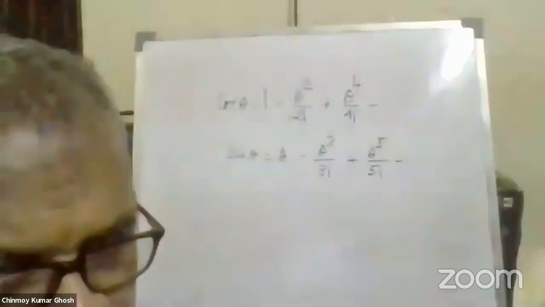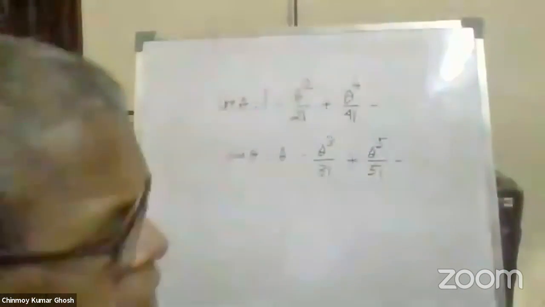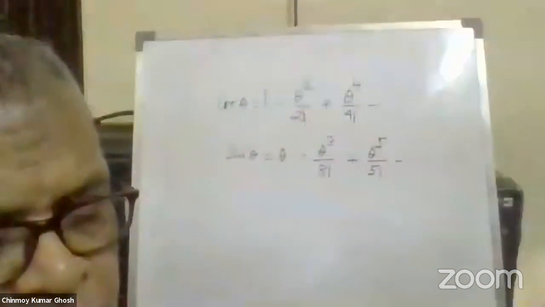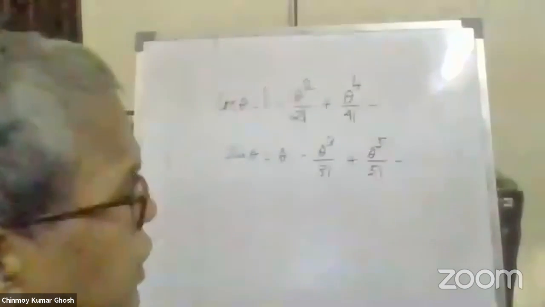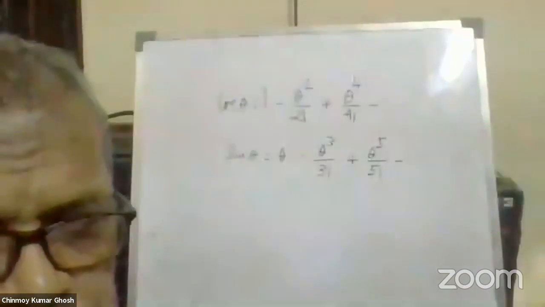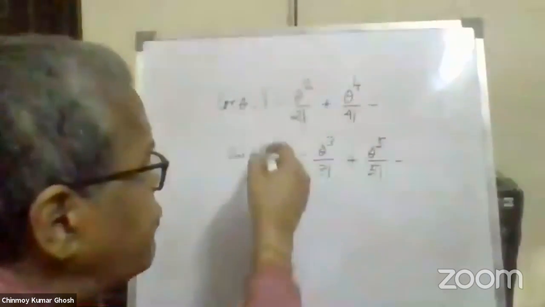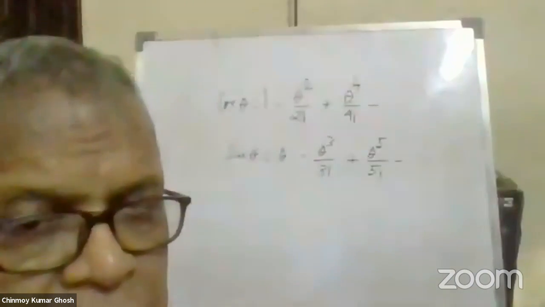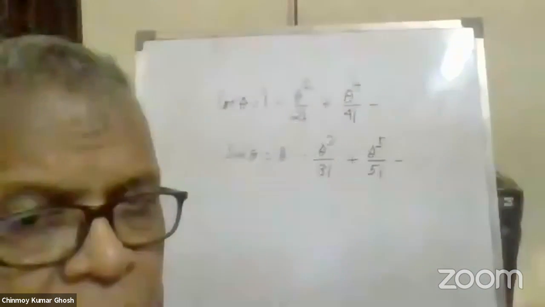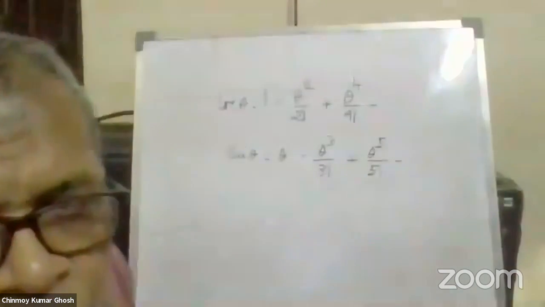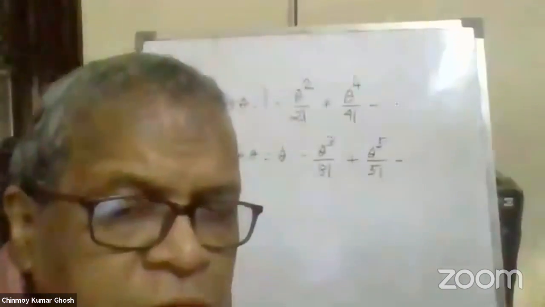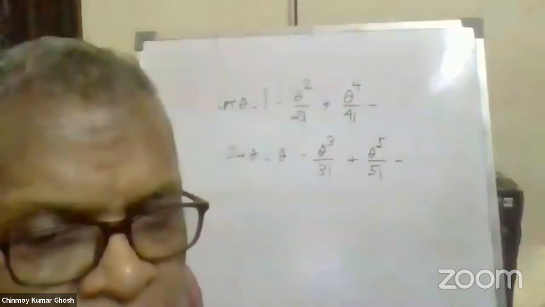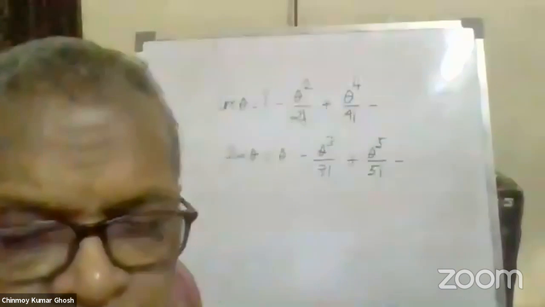Same with e to the power of x. X cannot have any dimension. For that matter, for any power, if something appears as the power of a quantity, it has to be dimensionless. Likewise, log of x has to be dimensionless. And similarly for cosine theta and sine theta, theta has to be dimensionless. Theta cannot have any dimension. So these are the arguments in favor of saying that angle is dimensionless. But I think if all of you agree, then this can be a valid guiding question.